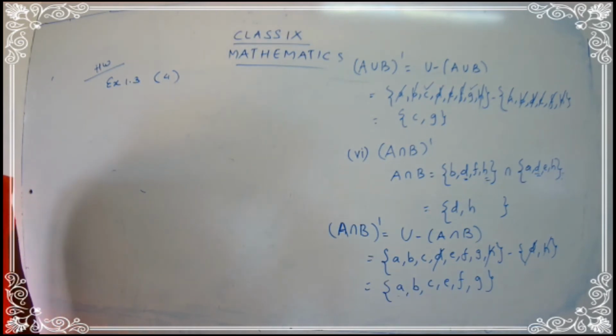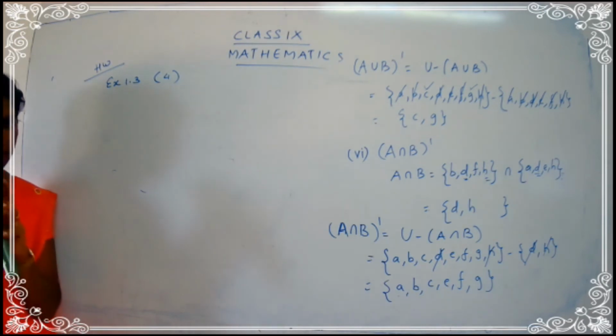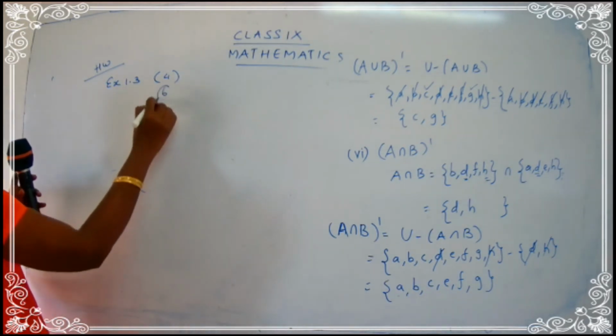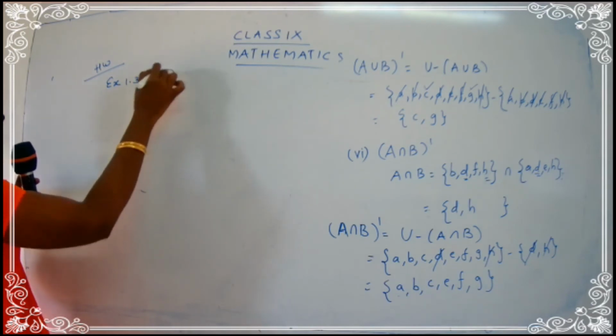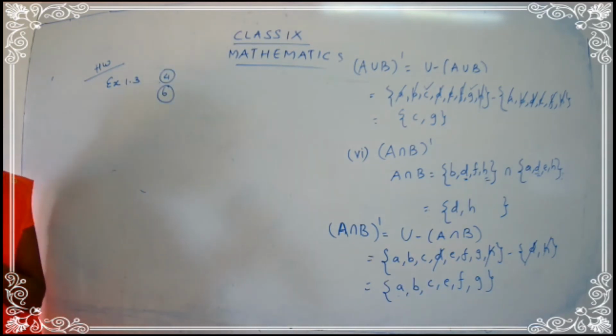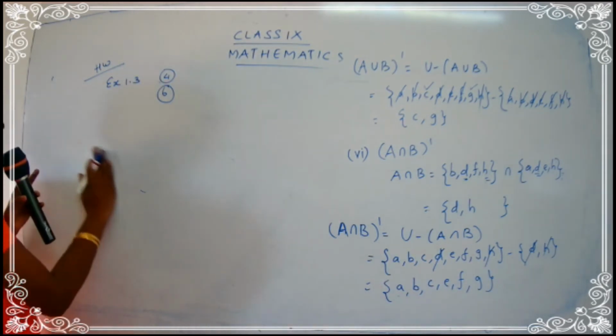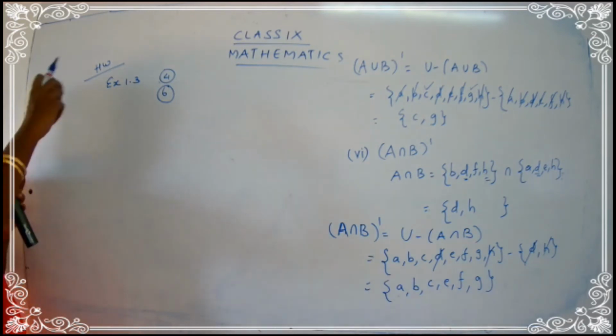Also, sum number 5 we have done in our previous class. Children, you would have done your homeworks and kept them ready. Now, coming to question number 6. Question number 6 is again your homework. So you have 2 things, that is 1.3, question number 4 and 1.3, question number 6. Question number 6 is your homework. You have to draw the 3 figures. Children, write the question and go on explaining.